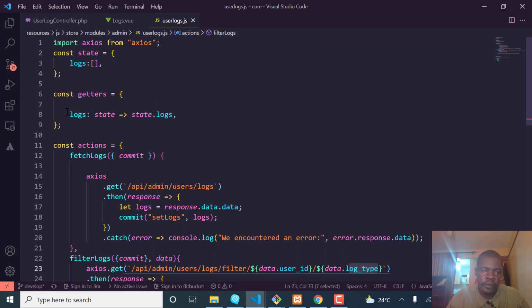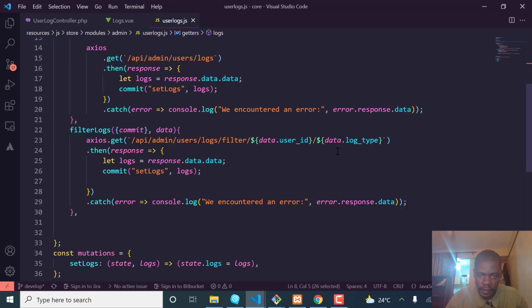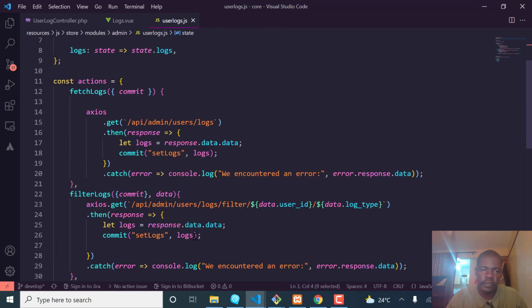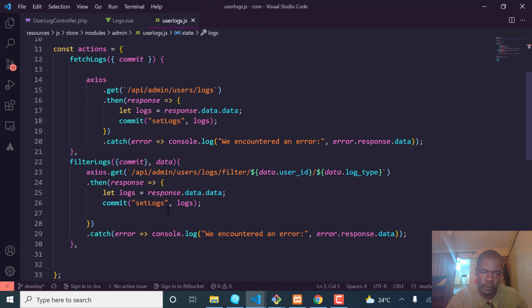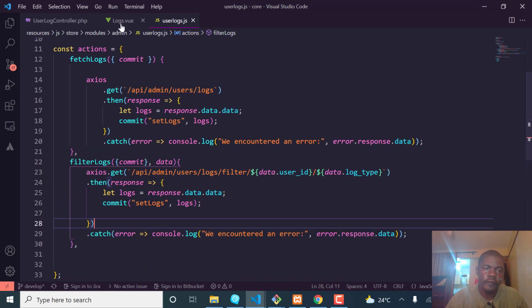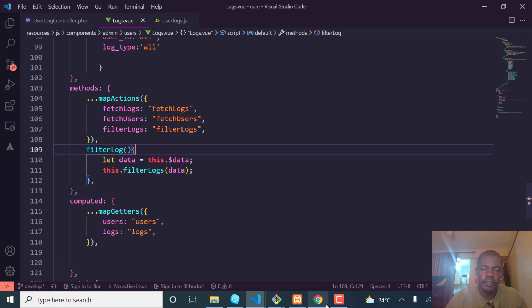And now since we are using Vuex and we are using getters, you have the logs here. When that data comes, what I'm basically doing is setting the logs to the data that comes. So when that data has been fetched, I just update this state with the data that has come. Okay, so that's this side here, and now we have the display side, where we have the form